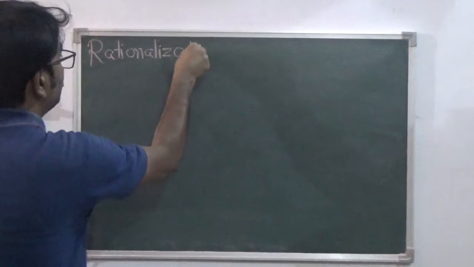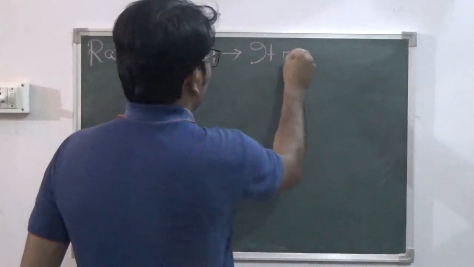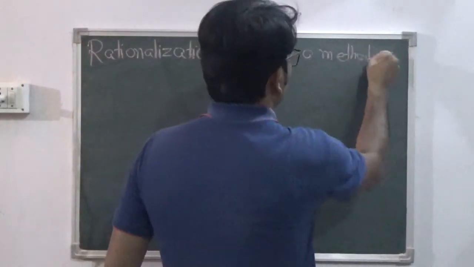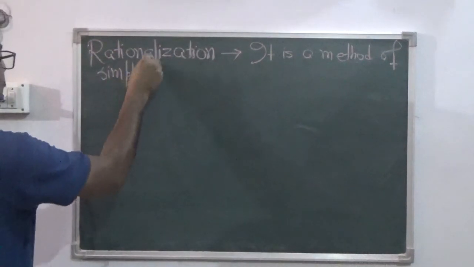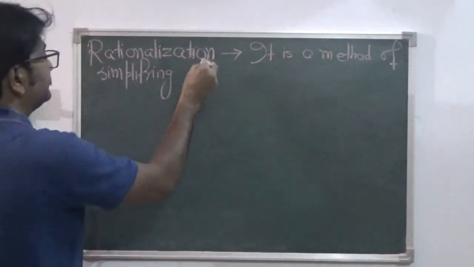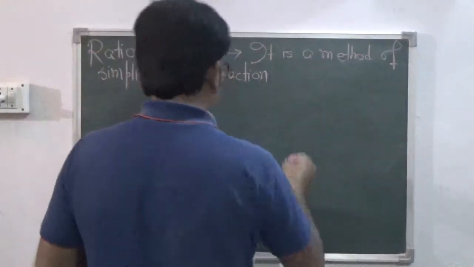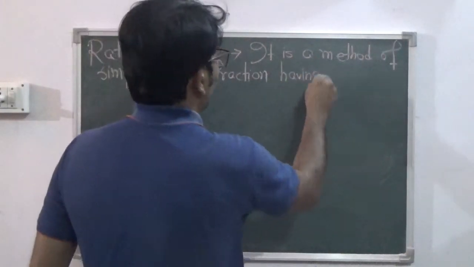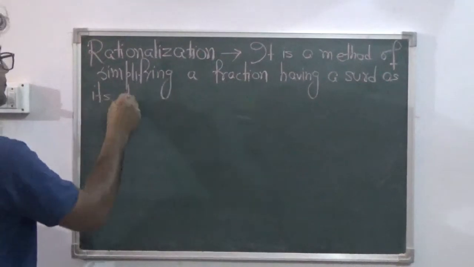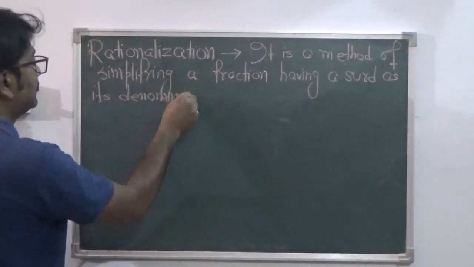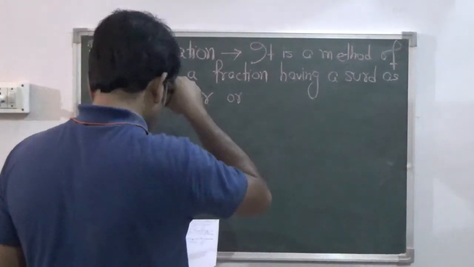The definition is, it is a method of simplifying a fraction having a surd as its denominator, or as both